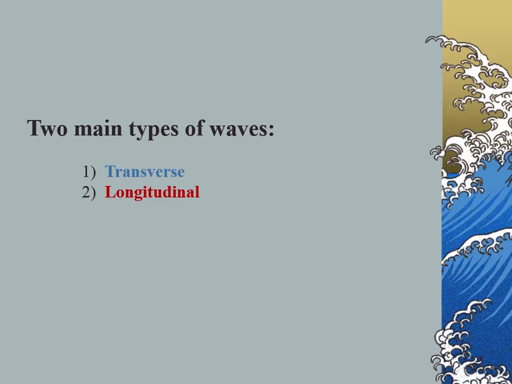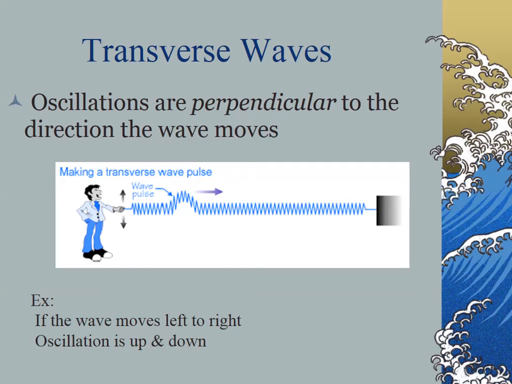Those are our two main types, and you're going to see lots of pictures of what I mean by this. A mechanical wave can move in a transverse manner or a longitudinal manner. It turns out electromagnetic waves only travel as transverse. This is how a transverse wave looks. The definition is that the oscillation itself is perpendicular to the direction of motion. In the diagram, the energy is moving left to right, but as it moves through, it creates this up and down motion, the classic wave motion, as it travels across.